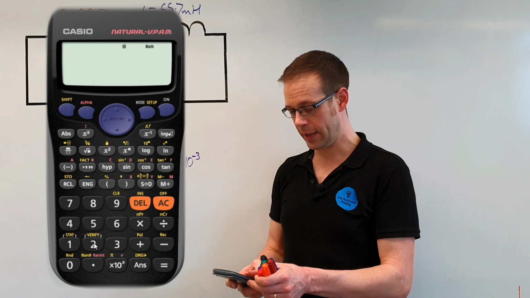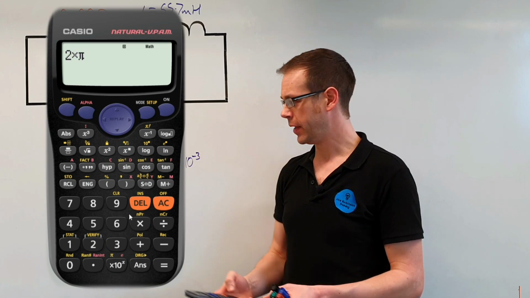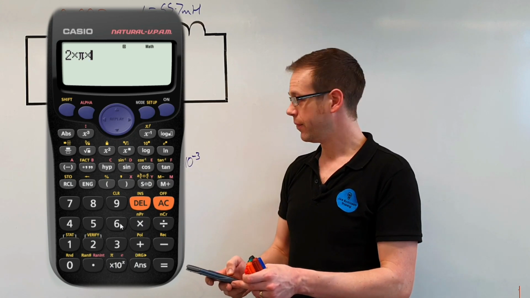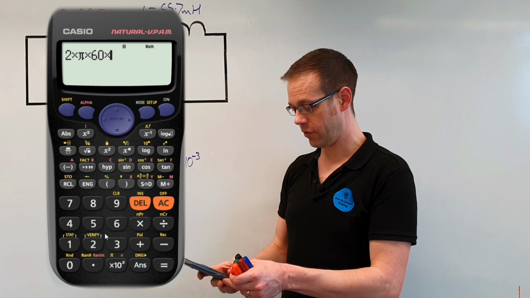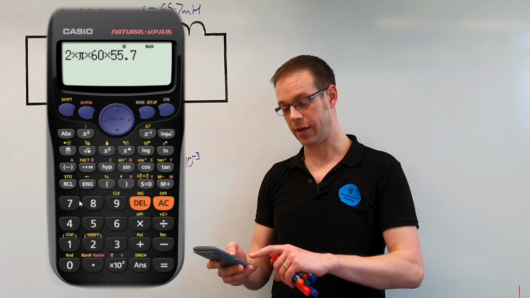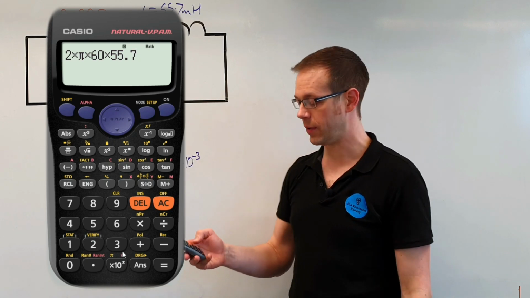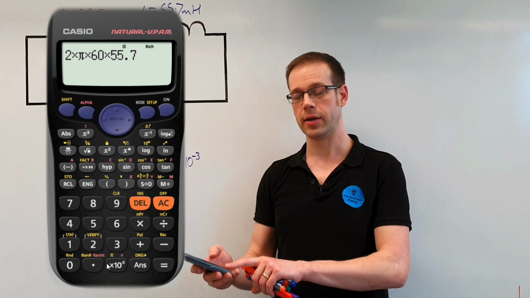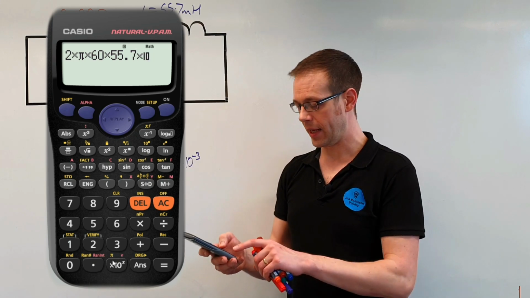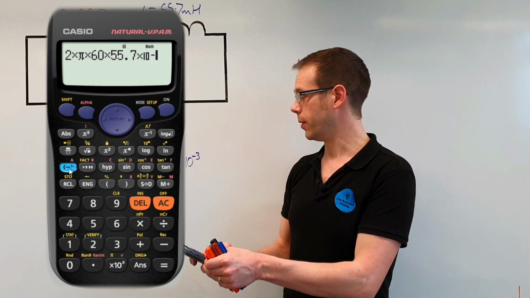So we've got 2 times, and to get pi, just press Shift and then pi, which is at the bottom of the calculator. Times that by 60, and then times that by 55.7. At this point, don't be tempted to start pressing times 10 and then putting the power in, because it's easy to make mistakes. At the bottom of the calculator there's a times 10 to the power of x button, so just press that, and whatever the next number is you put in, it treats as the power. So here we'll go minus